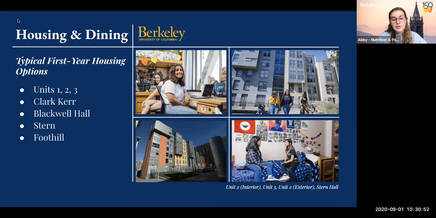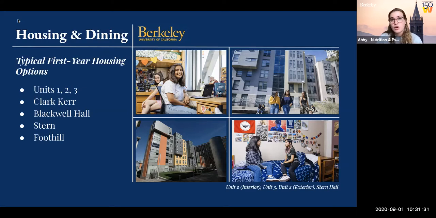But then moving on, we also have Clark Kerr, which is our farthest residential hall from campus. It's around a 10 to 15 minute walk. But to make up for the walk, there is an amazing nature aspect of this residential hall. A lot of people like it because it feels like a smaller community in a larger school. It's looking right up to the fire trails, which we'll talk a bit more about later, but that's amazing hiking trails. It has its own gym area as well as its own track and just an amazing outdoor area with different picnic spots and stuff. So that is kind of Clark Kerr.